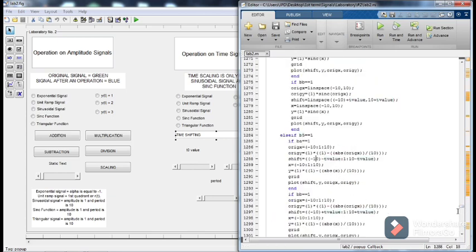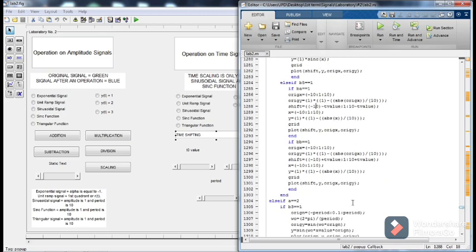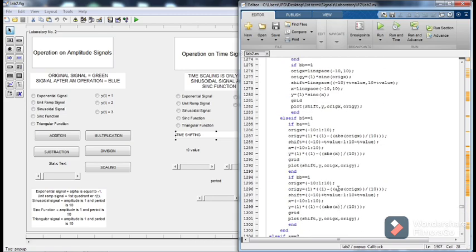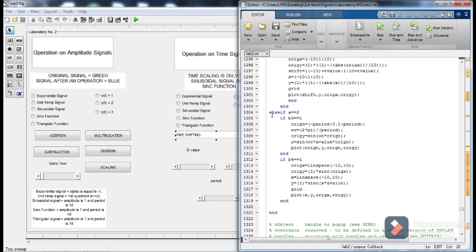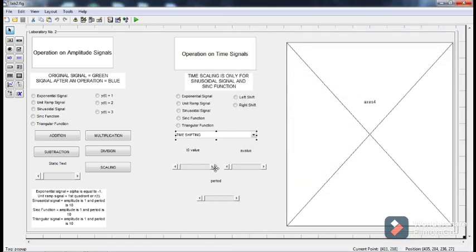B5, that is the triangular function, and else if a equals to 2, that is for the scaling, which is just multiplied by the a value for the sinusoidal and the sinc function. So that is for all the callbacks in this